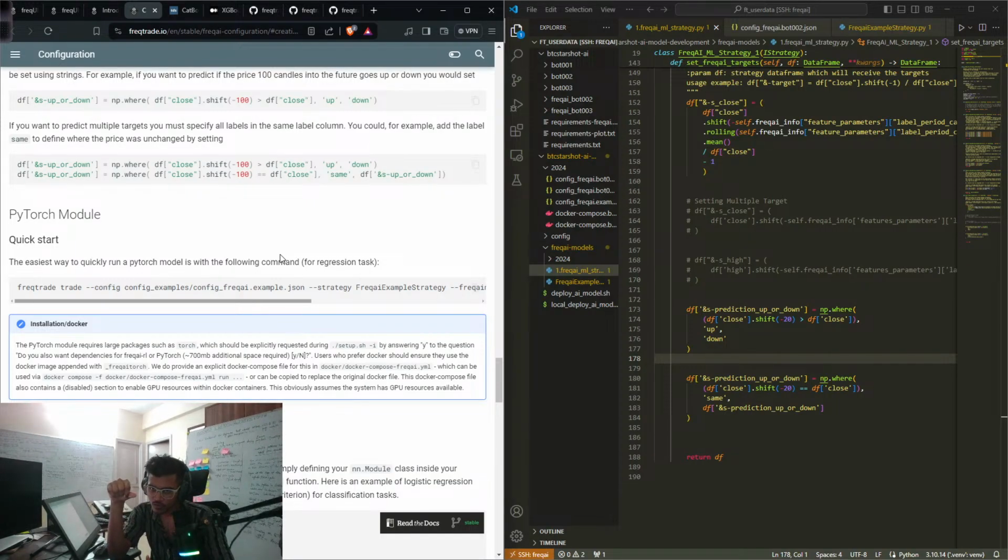When someone asks whether the shift of minus 20 is trying to train on the future 20 candles, no, it's just a prediction. It's not training on the future 20 candles. It is predicting with all the data we have in the past. We're trying to predict whether 20 candles in the future we are going up or down. Right now the price of Bitcoin is 56,000 something. So 20 candles later on the 4-hour candle, it should be around, I mean, it's going down, but